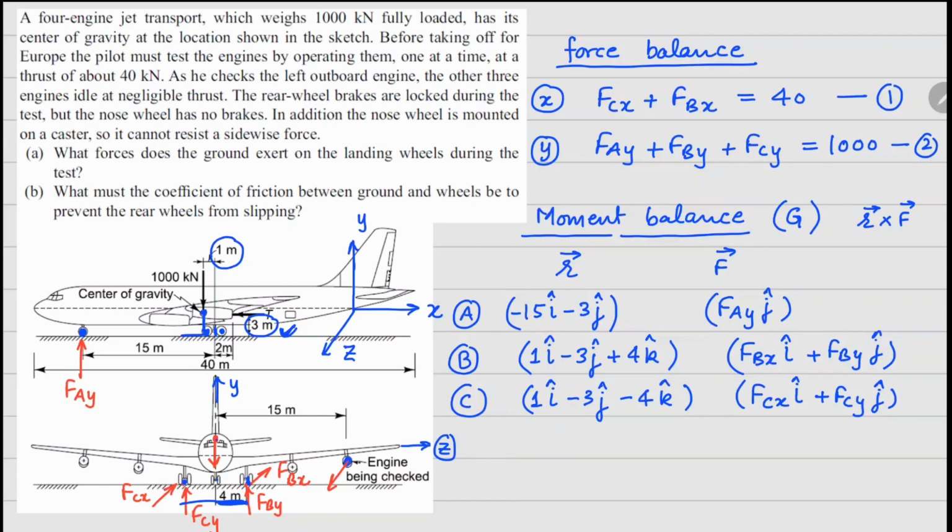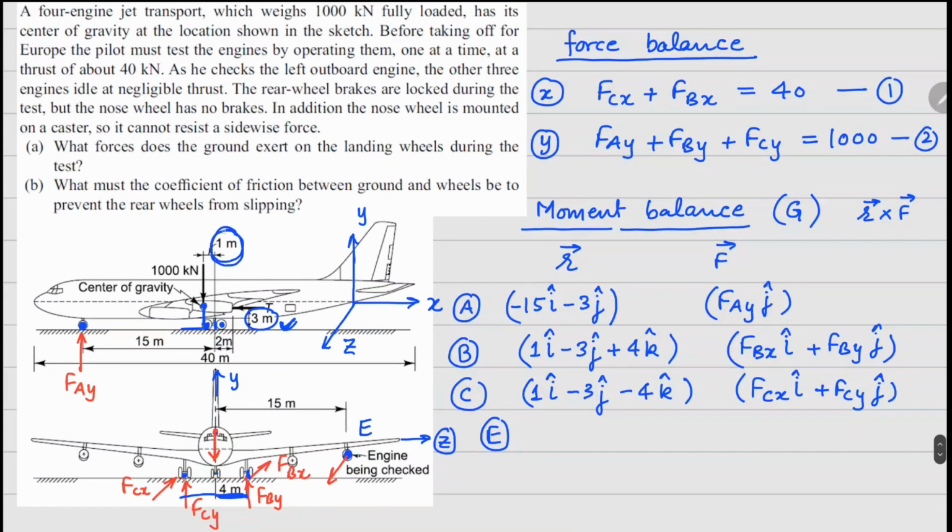And the last one is this thrust, let's call that point E. So we'll have this right here. In the x direction, we are moving by this 1 meter and 2 meter here, so this becomes 3 I cap. And in J cap, since your thrust is aligned with your center of gravity, there is no movement there. And along the K cap direction, we are moving by 15 meters, so 15 K cap. In terms of force, this force is going to be along the nose, so it's going to be in the minus